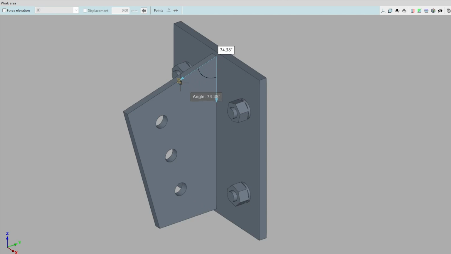We can also define several angles in a similar way. When we have finished entering each angle, the application will calculate the sum of the angles and display it next to the cursor.